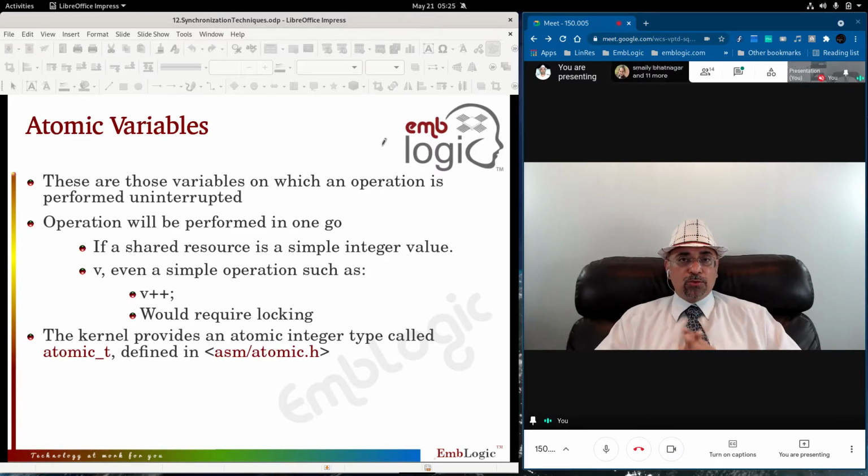Now these atomic variables are those variables on which the operation is performed atomically. For example, if you do i++, well, that is not at all an atomic operation. The i value has to be fetched from the memory, stored in accumulator, then supplied to the ALU. ALU will perform the incrementing task and then send it back to the register, and from register it will store it back into the memory. So there are many instructions inside a complete i++, which is not an atomic operation. So we have to make it atomic, so that if an operation starts on the variable, then it must end and nothing should stop it in between.